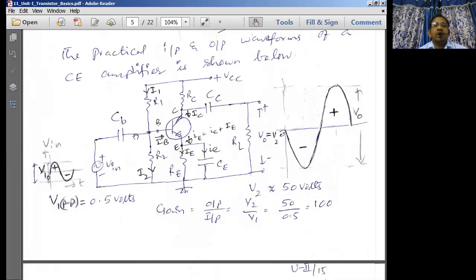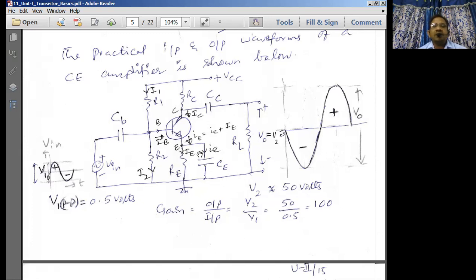So here, without the application of the AC signal, we get the DC currents flowing through the circuit. By the application of the AC signal, AC current is also added to the circuit. So the current flowing at the emitter terminal is small i, capital E, which contains the DC as well as the AC emitter current. I can write this as small IE plus capital IE, so it contains the AC part and the DC part of the emitter current.